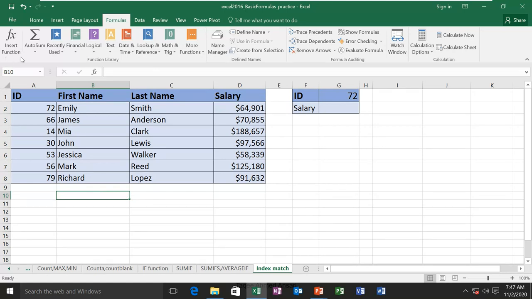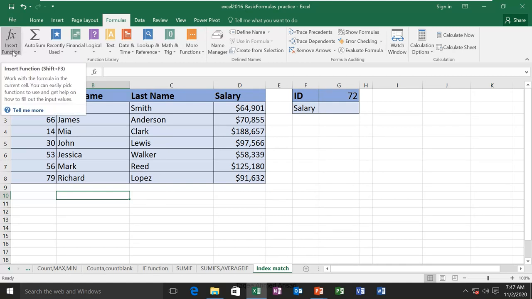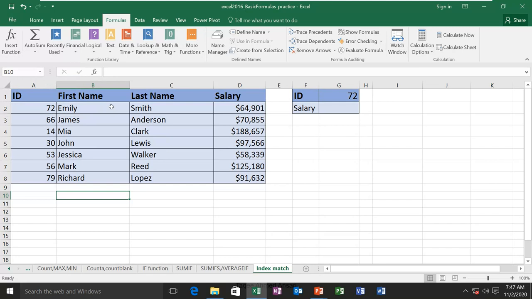If you don't have an idea about the function, then you can use this Insert Function command to find the function which you need. It does not always give you the perfect answer, but when you try more and more, you will get used to it, and you will know how you should use this. But it is a very good option, because trying to find these functions among all these categories is a very difficult task unless you know the name exactly.